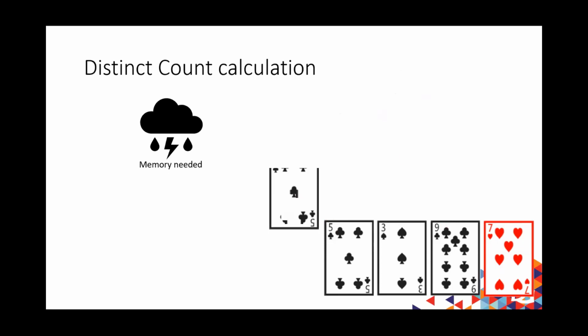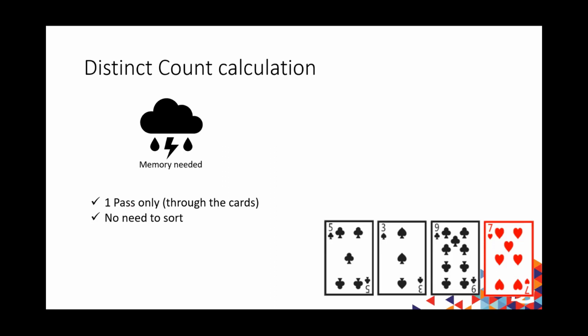Now that we have scanned through the cards, we can then do a count operation on what we've stored to arrive at our number. Now, the good part of this is this can be completed with a single pass through the cards. So that's a tick. So we're happy with that. With this approach, there is no need to sort,